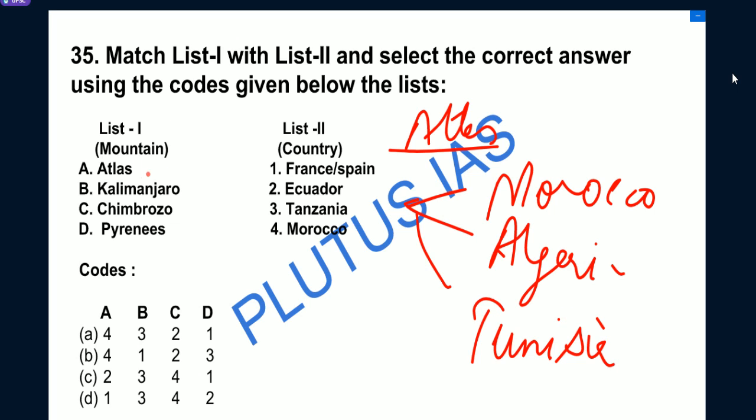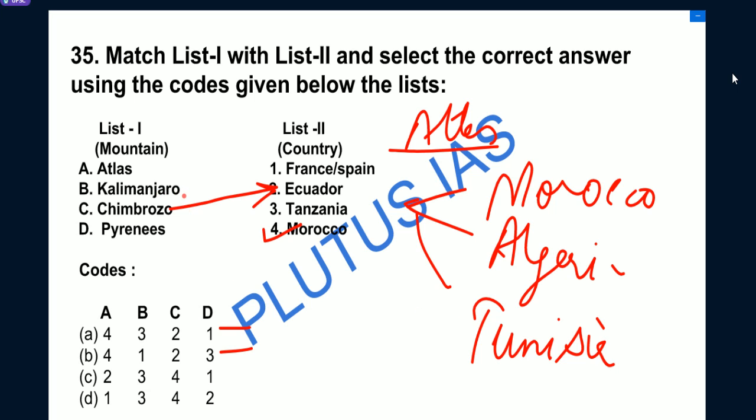Okay. So we need to see, for Atlas, Morocco is here. That means A is 4. So either this is the answer or this is the answer. That means C is 2. Okay, now we have got this for sure. This is for sure. ये तो पता ही चल गया हमें. Then